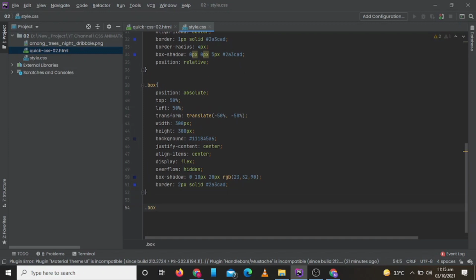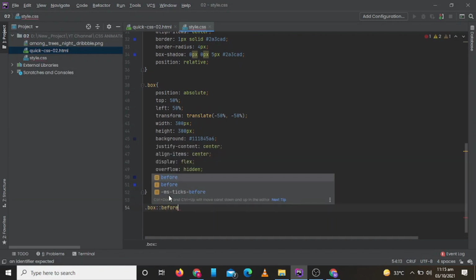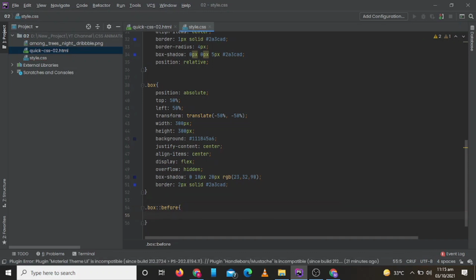Now we will write our CSS for pseudo before class of box.